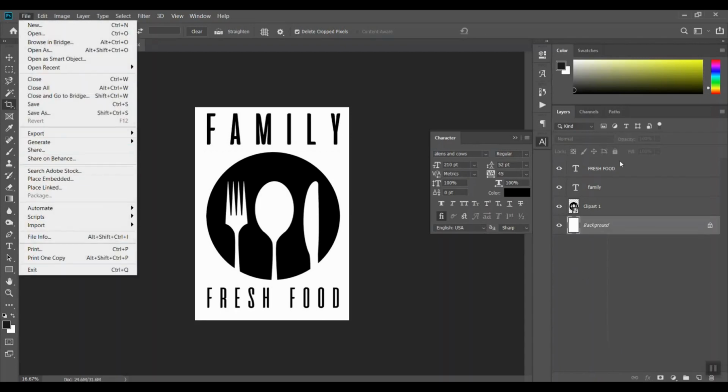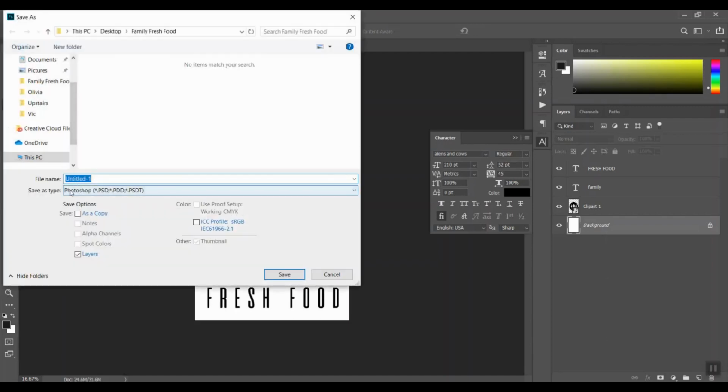Usually when I save it, I'll save the file separate here. What I mean is I'm keeping the layers separate. So if I presented this to a client and they liked it, but they wanted something small changed, I don't have to completely remake the logo. If I had saved it as a JPEG, it's going to flatten this whole image where I can't make any adjustments. So I always save it as a Photoshop document. So I'm going to go to Save As. You can see by default it says PSD, which is a Photoshop document. We're going to say logo